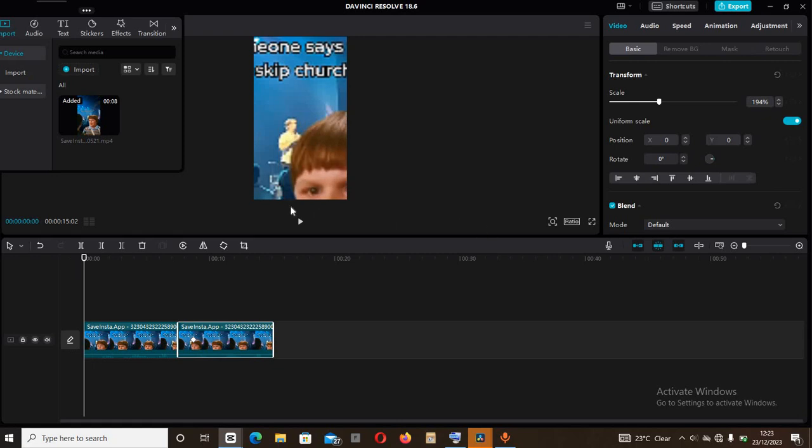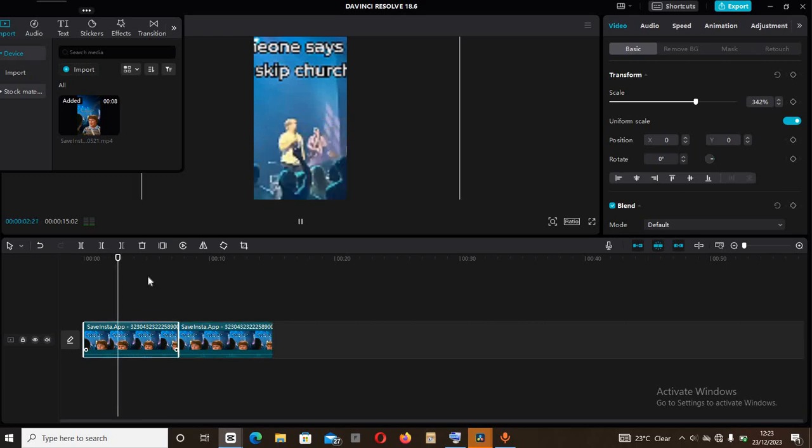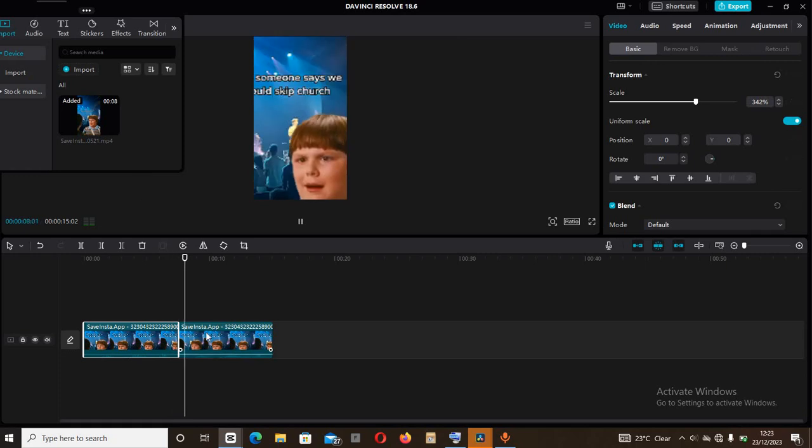So let's play it again and see the difference now. Okay, so I'll start from this video here. As you can see, that is the dynamic zoom right there. Again it reduces a bit, then it comes back just like that. So that's how basically you can use dynamic zoom in